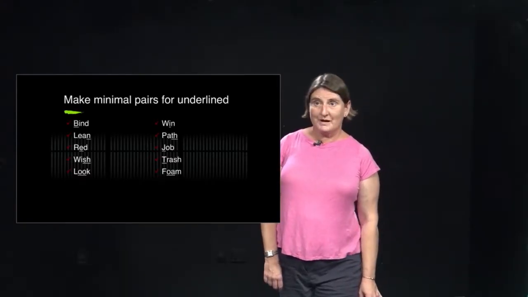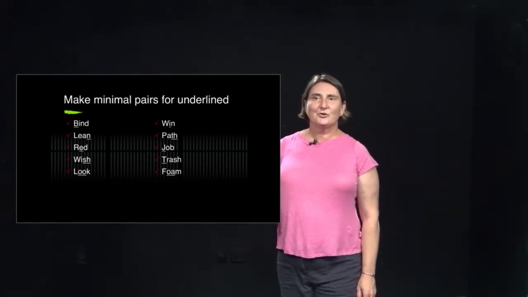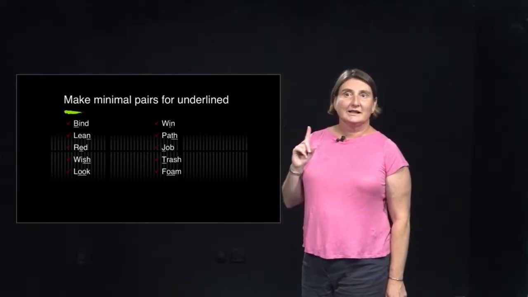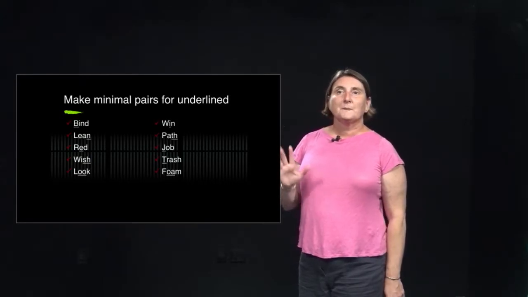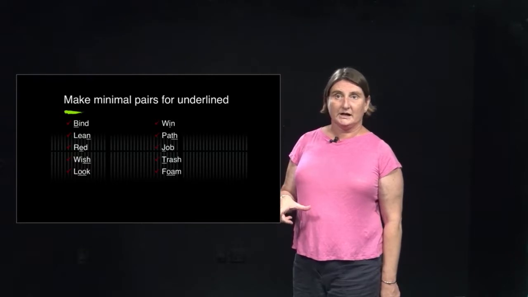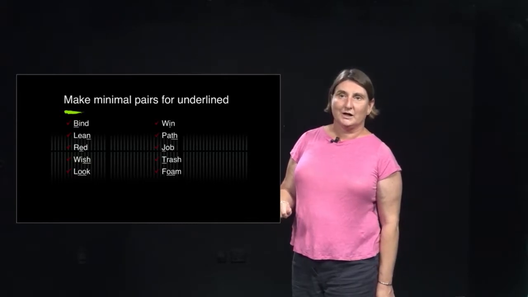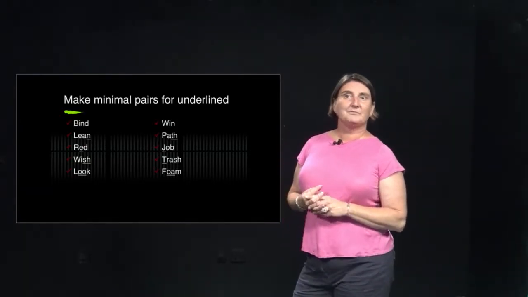I'm sure you all remember minimal pairs from last week. So now I have for you a few words, and we're going to make some minimal pairs for those words. Things to remember are that you need to be sure that your minimal pairs have the same number of sounds. For example, leg and egg would not be minimal pairs because they don't have the same number of sounds. Okay, our first word